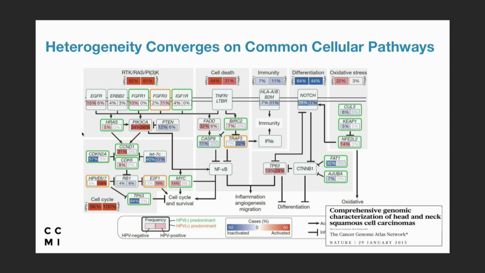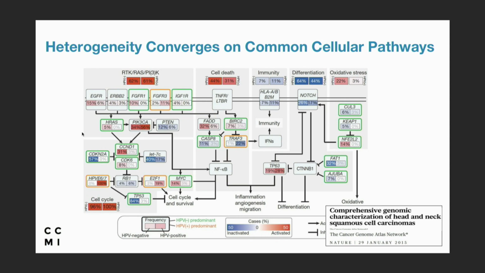This one, I'm going to switch tumor types on you. This is the TCGA's head and neck cancer analysis from just a couple of years ago. But I could have, in fact, used almost any of the 20 or so odd TCGA papers that have come out in the past 5 years. Almost all of them have at least one pathway diagram somewhere attempting to do something like this. And so what is this?